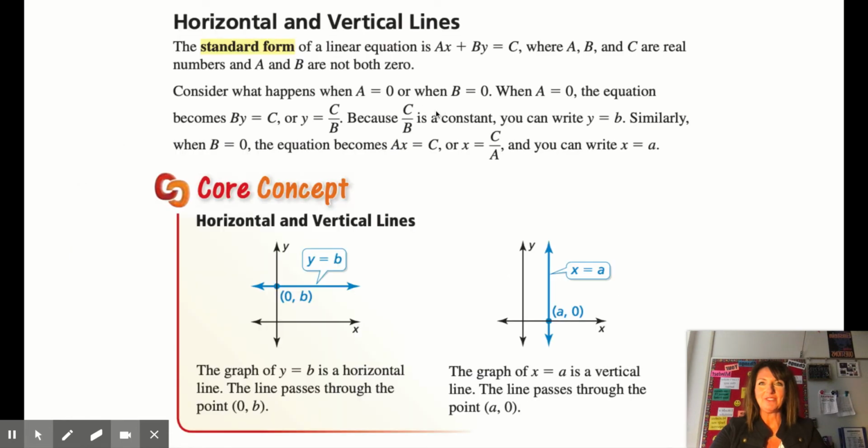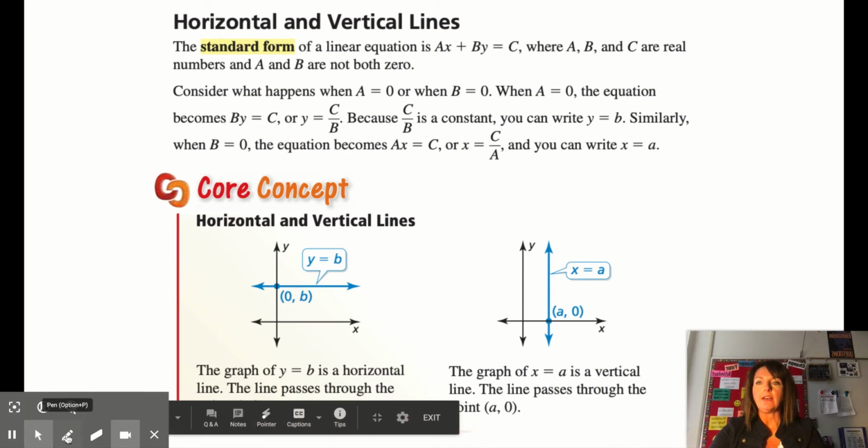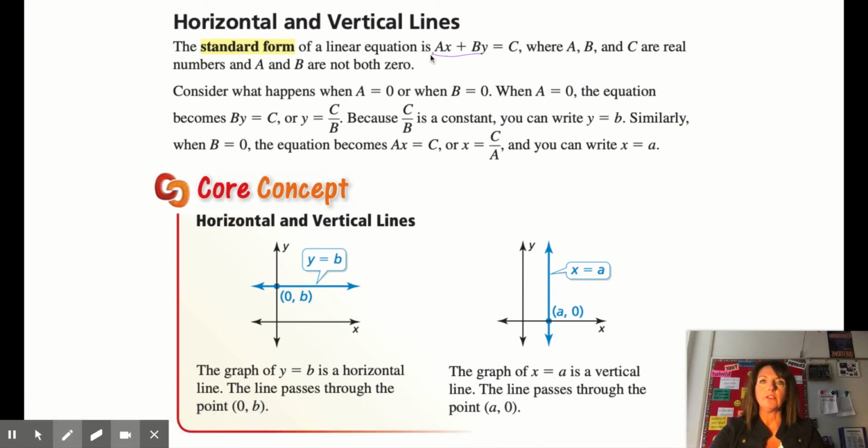And here we go. So here are your horizontal and vertical lines. First of all, we have the standard form of our linear equation right here. We talked a little bit in the last few days about the slope-intercept form, but sometimes we have x and y on the same side of the equal sign of the equation and the constant on the right. What we're going to look at is what happens when